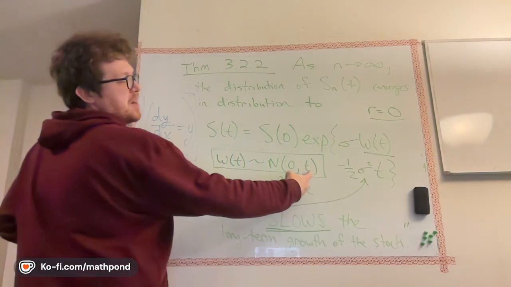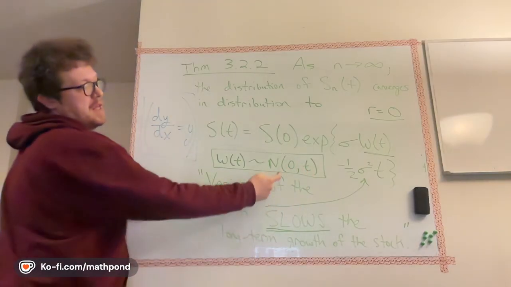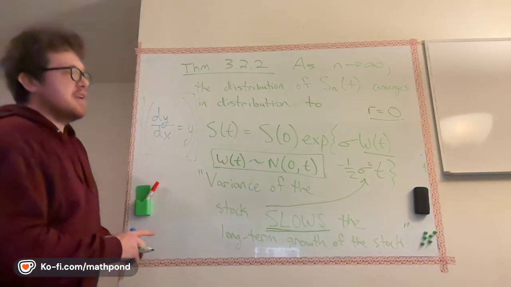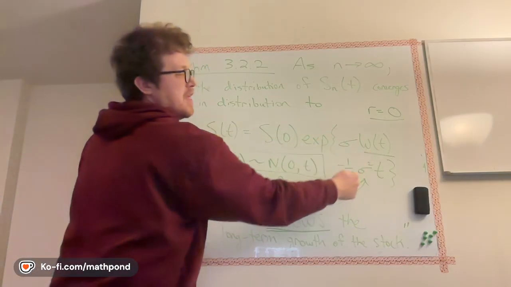Okay, so this is the variance, not the standard deviation. So the standard deviation is actually square root of t, and the mean is 0. So what this means is that, remember, when you take the log of everything, then it's normally distributed, and it has mean,